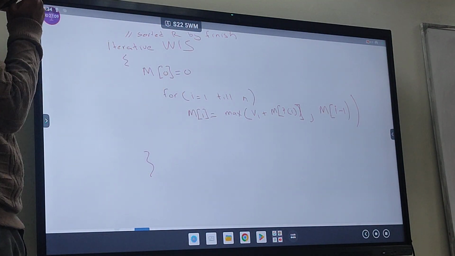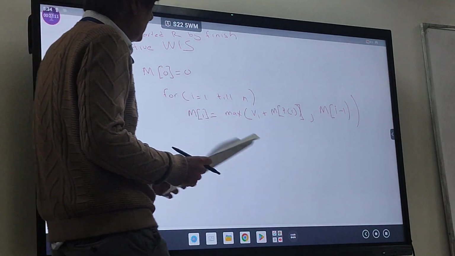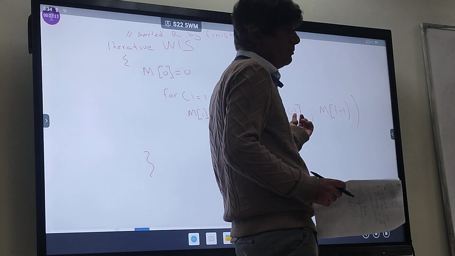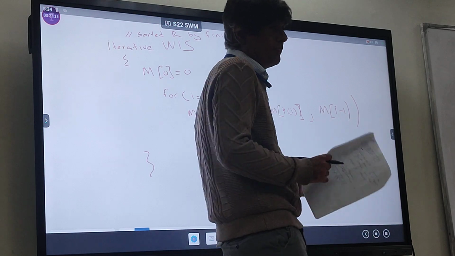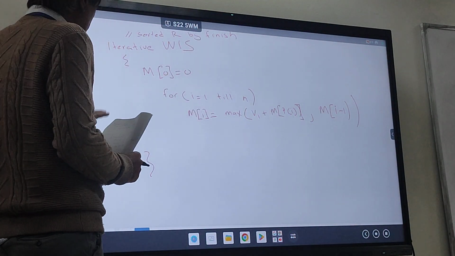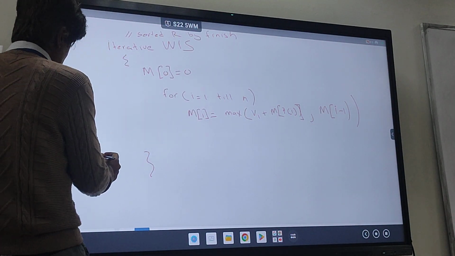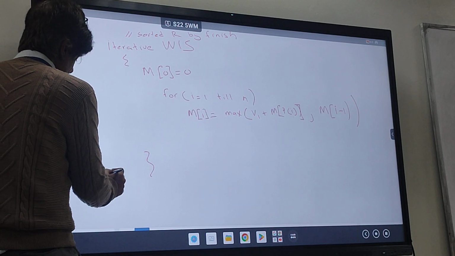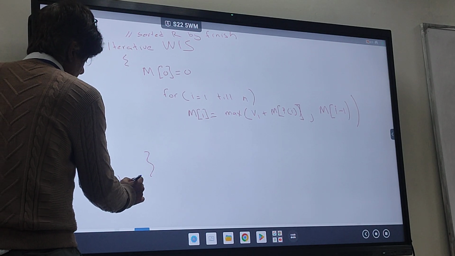So this is it. We obviously need to calculate P, but this is also linear time. So you can see that this algorithm is linear. So O of n time